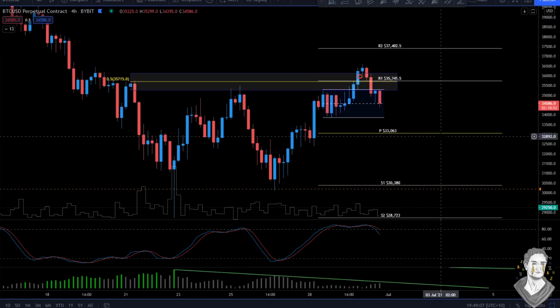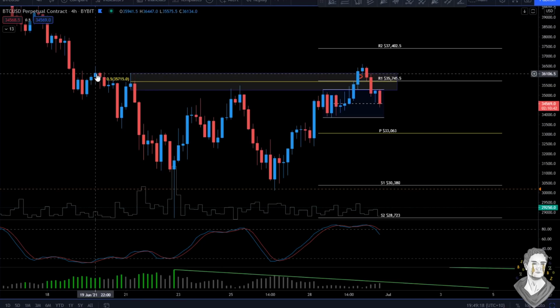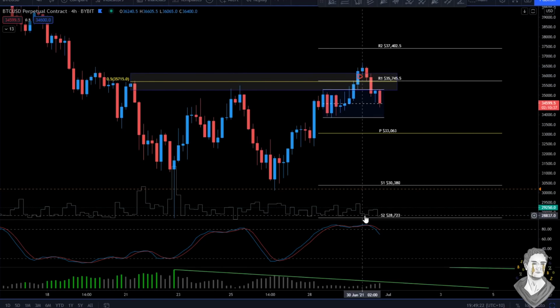I don't want to tell you what you want to hear. I want to tell you guys not to FOMO. I want to tell you guys to wait for confirmations, and this is why we speak about these trade setups. At the end of the day, longing into a major resistance point, when we do see a swing failure pattern, when we do see an indecision candle with no volume confirmation and volatility confirmation, is not a good idea